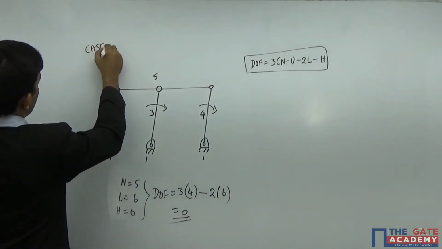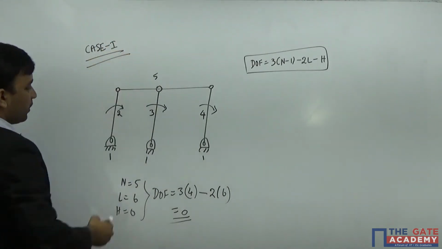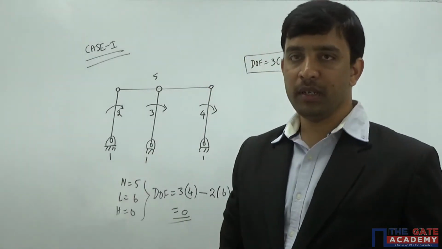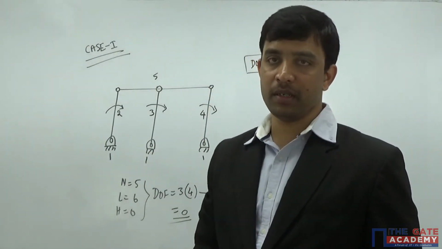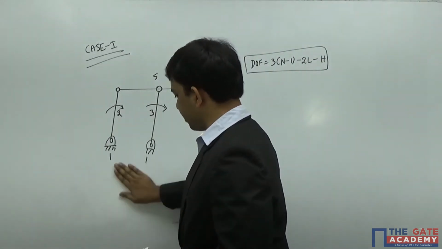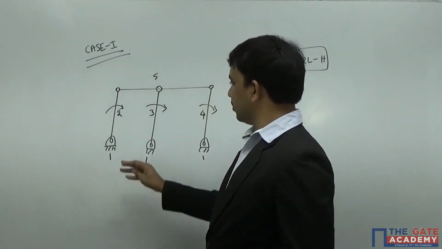So this is case 1. There are two different situations where Kutzbach's criterion is going to fail. This is one situation where Kutzbach's criterion is going to fail. See here, if you look at this mechanism,